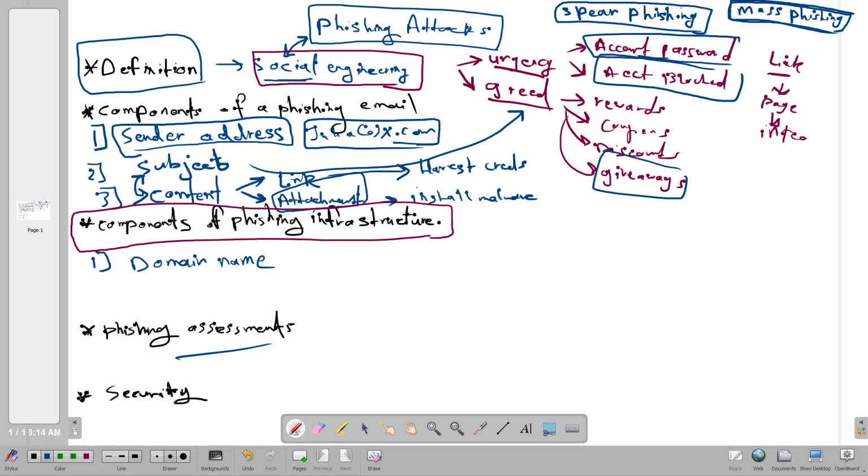You have to buy a domain name and make your email look like it's coming from that domain name. The domain name could be representing a brand. It could be representing an organization, right?